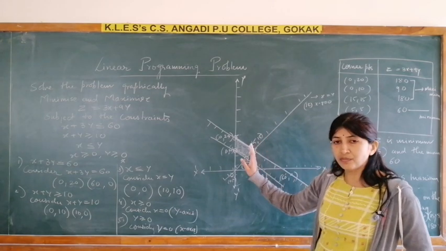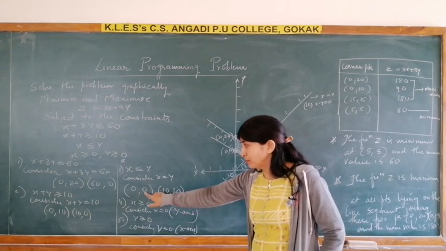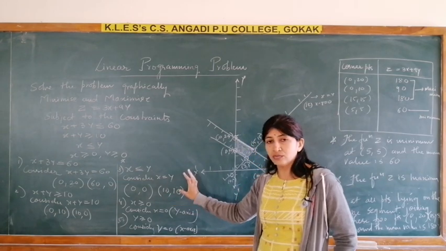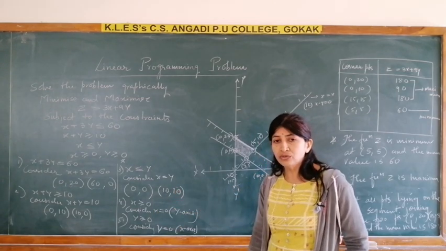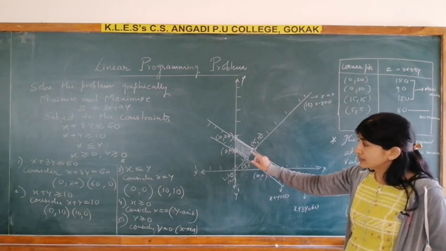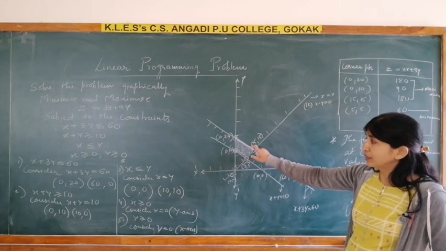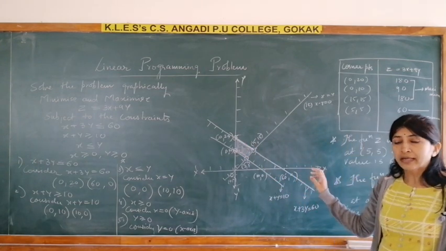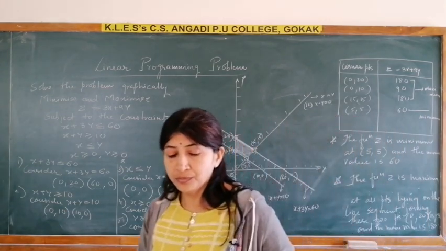And when the line is not passing through the origin, you know that the origin is the testing point. Second, here you remember, when both the coordinates you are getting 0 comma 0, at that time you have to take your own value, second coordinate, any value you can take, just see what type of numbers you got, same way you have to take this one. So this is about linear programming problems, feasible region, it is having 4 corner points. All these functions are maximum and minimum at the corner points. So at which corner points is it maximum? 0, 20 and 15, 15. In the next period, I will take a few more examples on linear programming problems. Okay. Thank you.